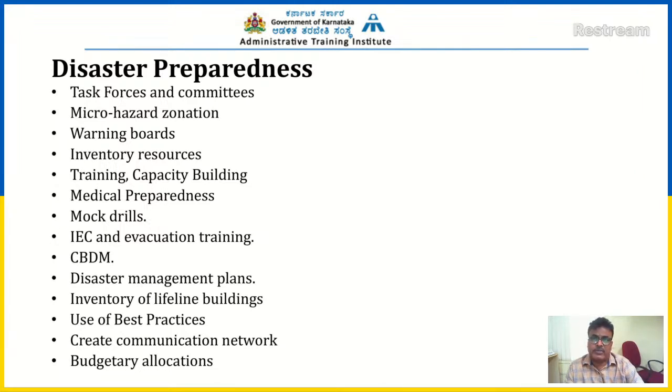All these kinds of resources are going to be identified well in advance, mapped, and used for managing any disaster. So that is part of the preparedness. If you have all the data, if you have all the contact numbers, you can call them and make use of their resources immediately, whether private or government.